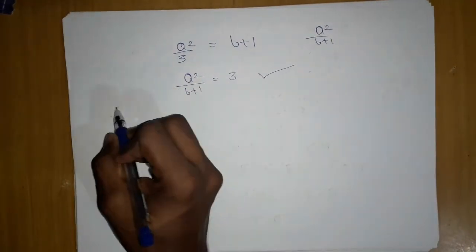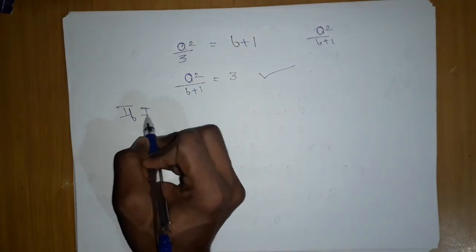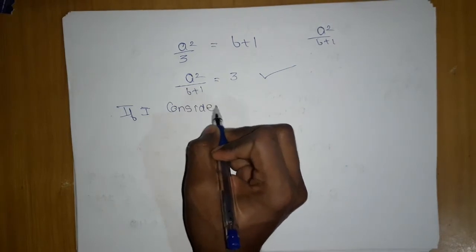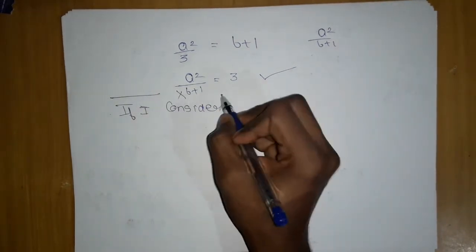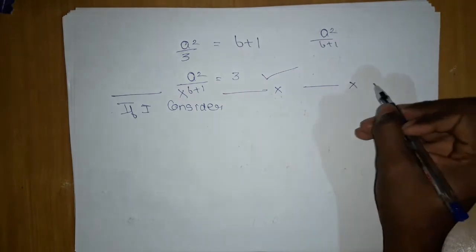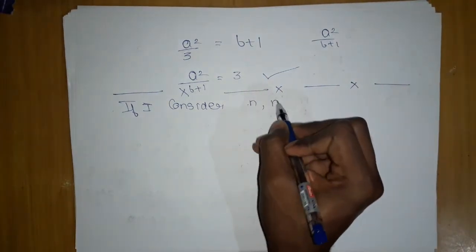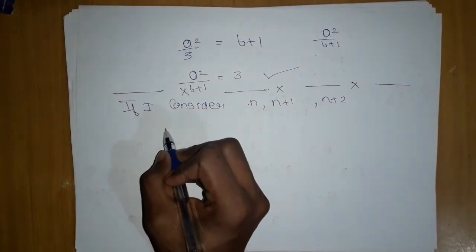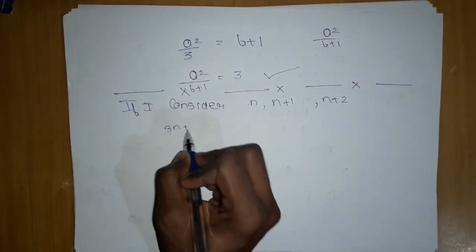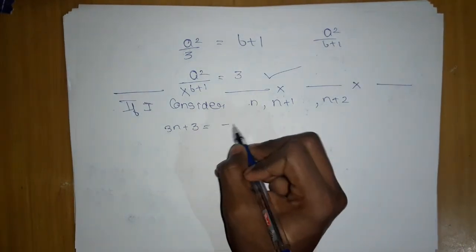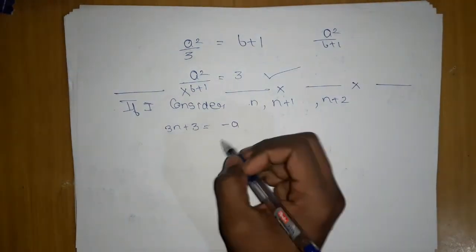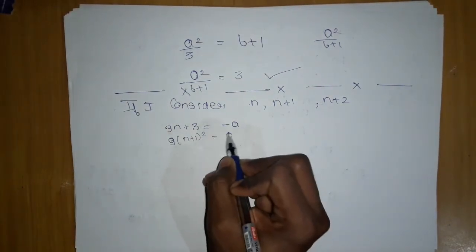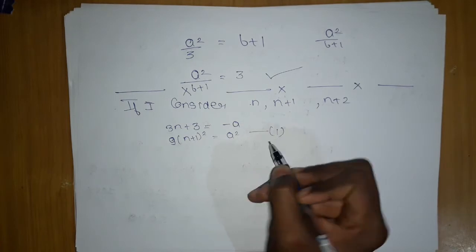Now if I consider, let me solve it by taking n, n plus 1. Okay, nothing is different. Consider n, n plus 1, n plus 2. Then what do I get? The sum of all will be 3n plus 3, which should be equal to minus a. Again, if I do a square, what do I get? 9 into n plus 1 the whole square should be equals to a square. Let me call it a again.